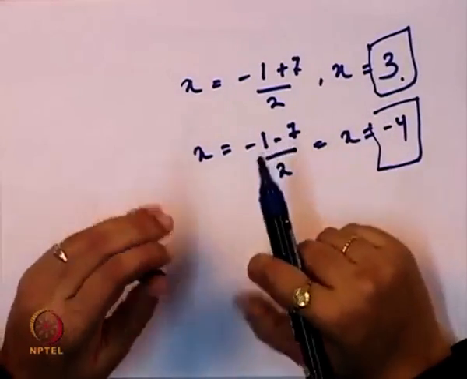So, whether you solve a quadratic or cubic equation, or whether you solve a polynomial function either by taking the factoring method or by taking the quadratic formula, you get values of x, and on the basis of the values we get for x, we decide which value to take for the further analysis and which value to ignore. So, a polynomial function can be solved by two methods, one is the factoring method and the second one is the quadratic formula, and we get the same value for x using either the factoring method or the quadratic formula.